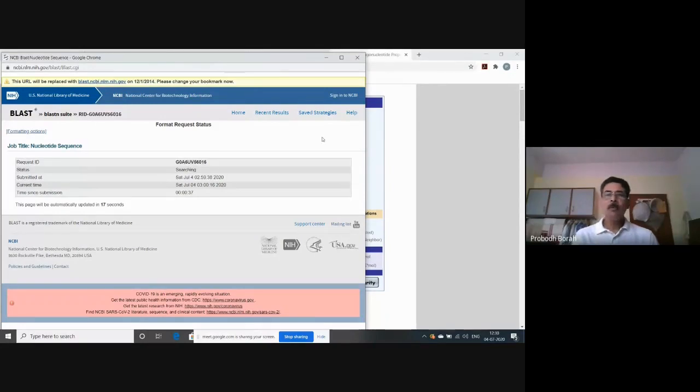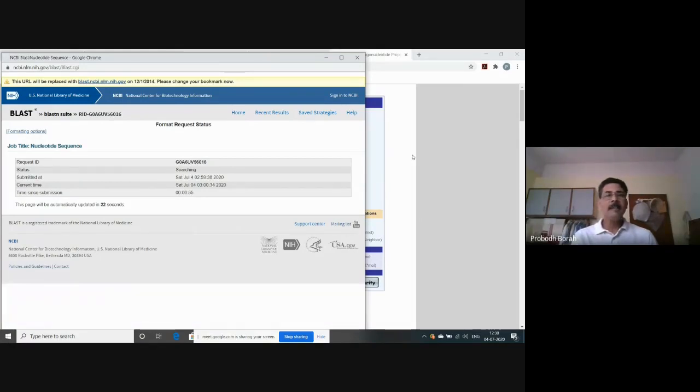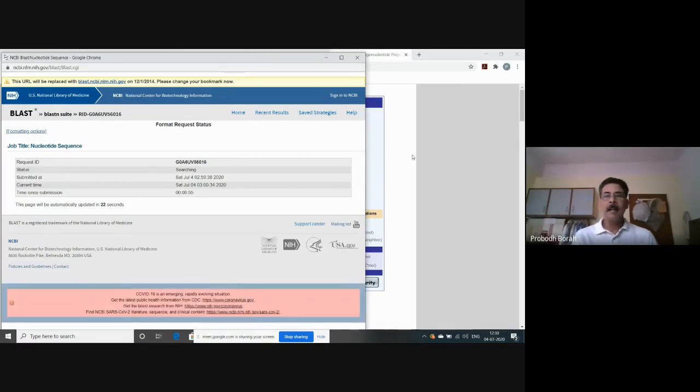Of course, this will be a good primer, because we have already seen in the primer BLAST result that the reverse primer is also showing a high level of similarity to a number of different nucleotide sequences present in the database. They are showing 100% identity. So we expect that it will show high similarity to a number of different sequences in the database. It is taking more time, so let it come in between.